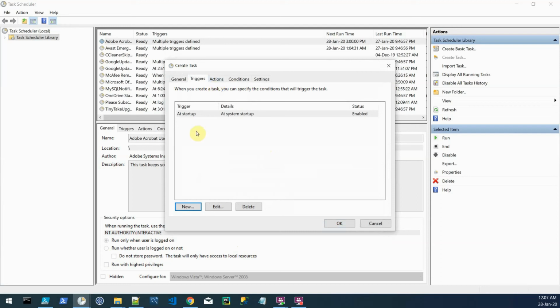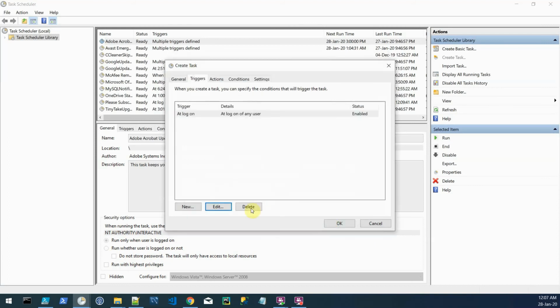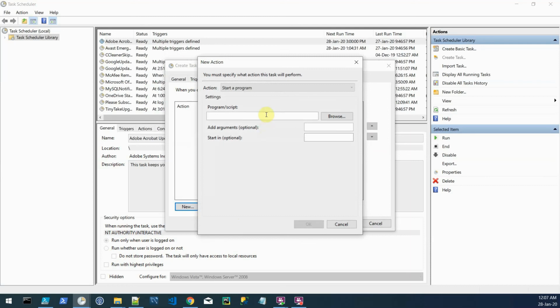Or maybe we can define it at log on so that we can test this. But finally, I will define the task to start at computer start. Okay, any user,